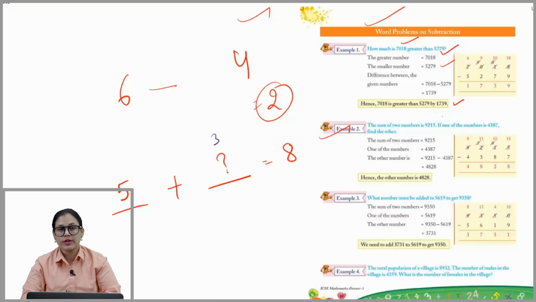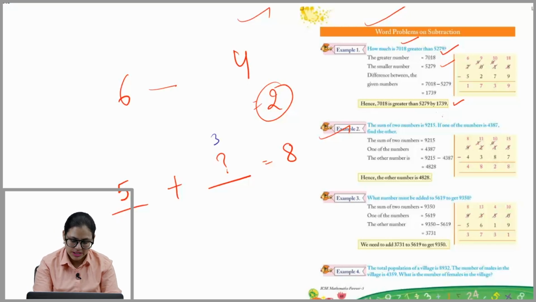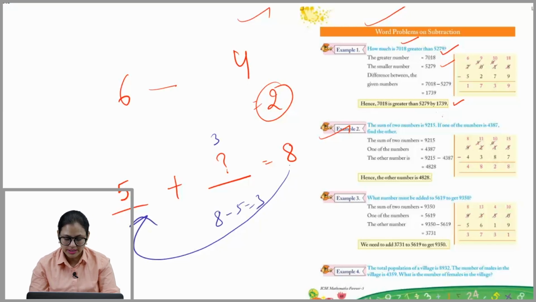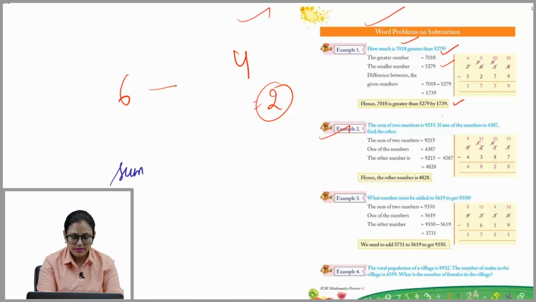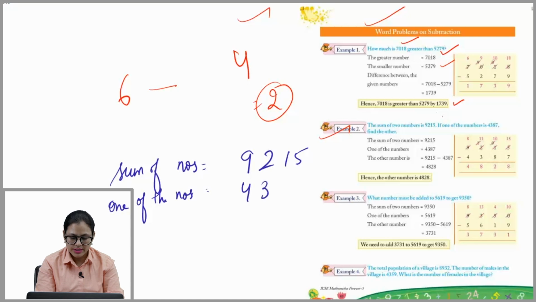But if the number is larger, if the number is bigger, in this case what will you do? If we subtract 5 from 8, we will get 3. 8 minus 5 is 3, right? So similarly, what will we do in this word problem? We will write sum of numbers. Sum of numbers is 9215. One of the numbers is 4387, and the other number,